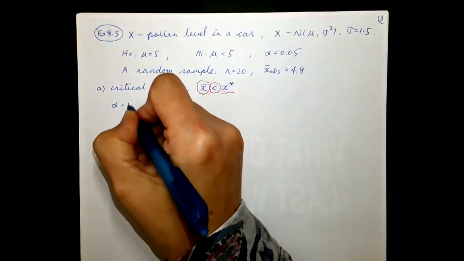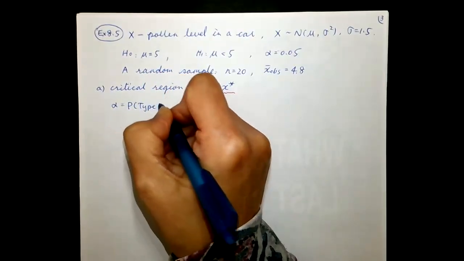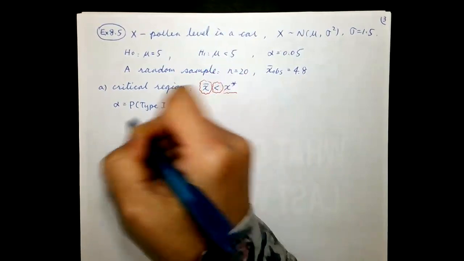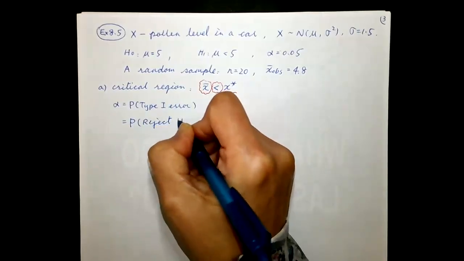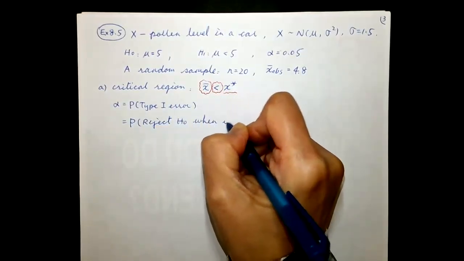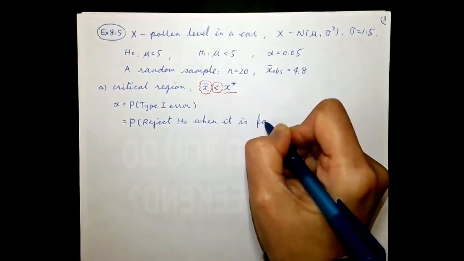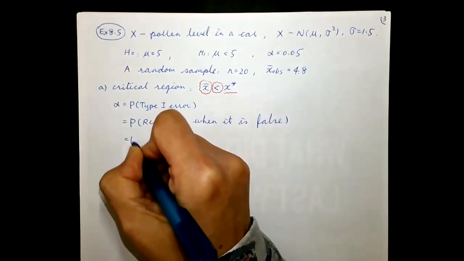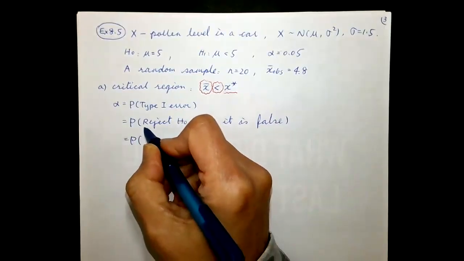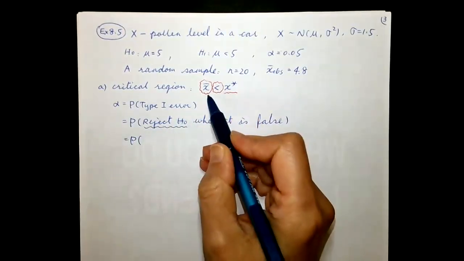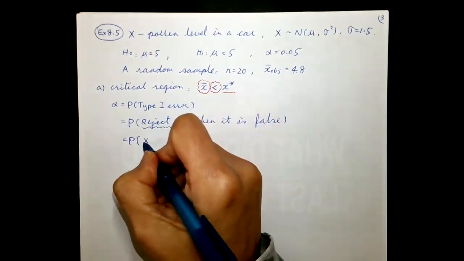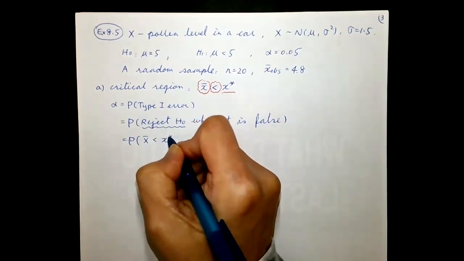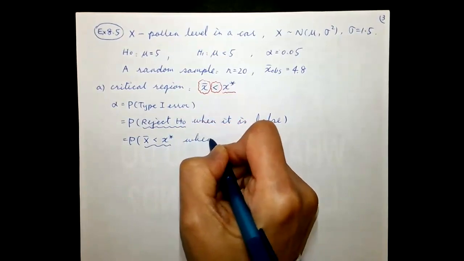Okay, let's do it. Critical region method starts with alpha. Do the same definition of alpha, definition of type 1 error. Reject H0. What makes you to reject H0? When the sample is too bad in supporting H0, then you reject H0. So if the X bar is too small,